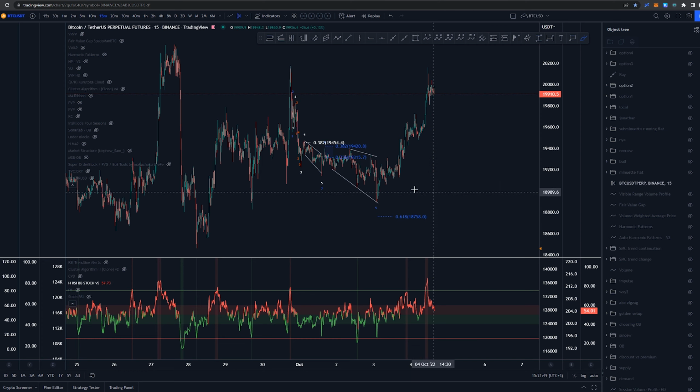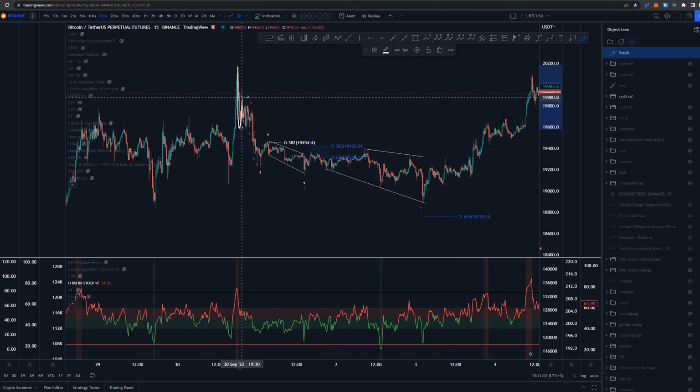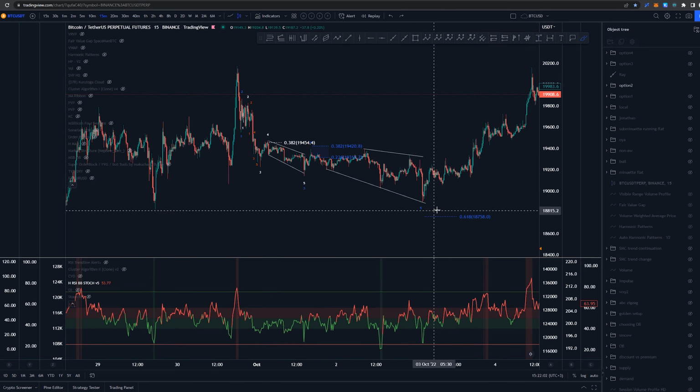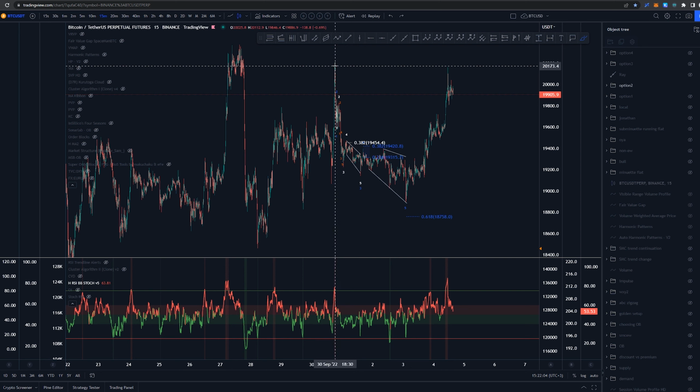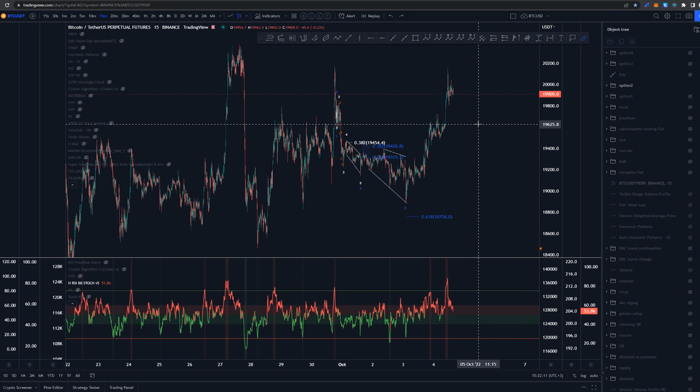The other option is that instead of 3, we would have it as a 5, and we would have this as 1 2 1 2 1 2 3 4 5 3 4 5 and 3 4, and that same diagonal here into that fifth. Now we have not invalidated this yet, but again we came so close to these highs that it is definitely not really likely that this is going to be the case, that this is a wave